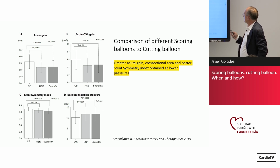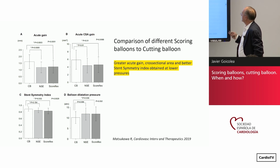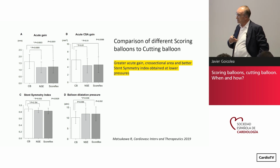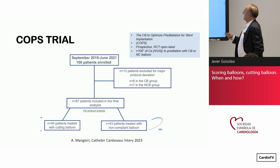First of all, we have a study by Matsukawa in 2019, relatively new. Greater acute gain, greater cross-sectional area, and better stent symmetry index obtained at lower pressure. And then we go back to the RESCUT, the old trial, that you can work at lower pressures with a more effective scoring mechanism. COPS trial,